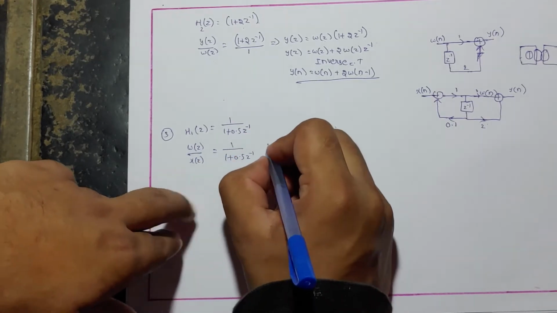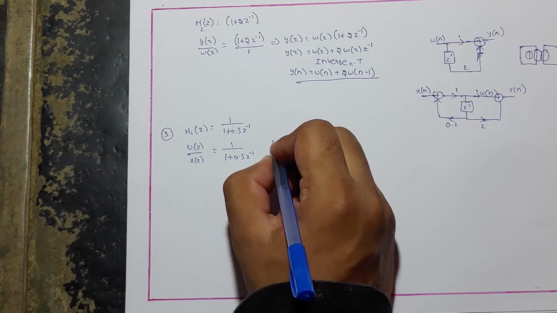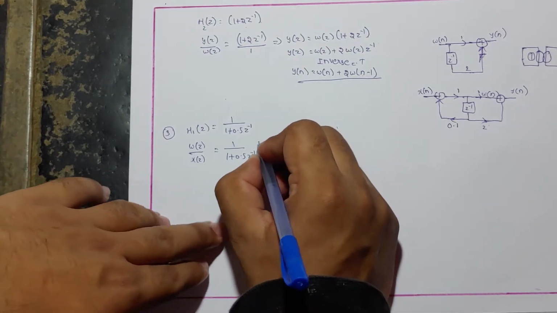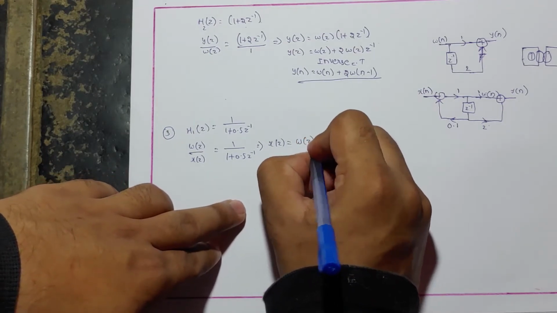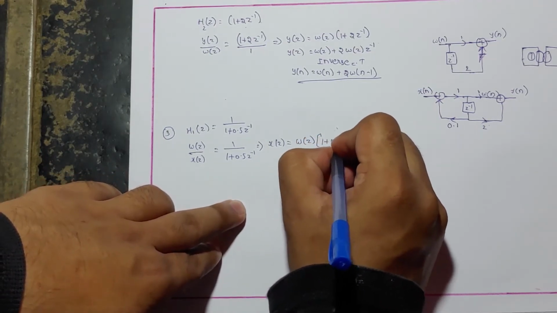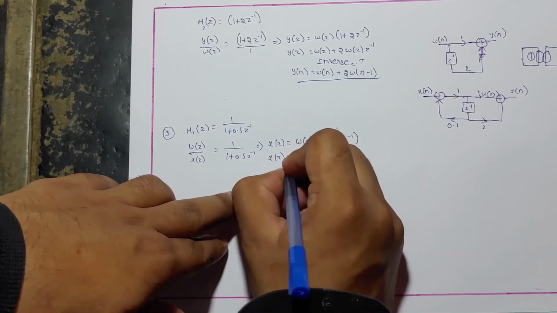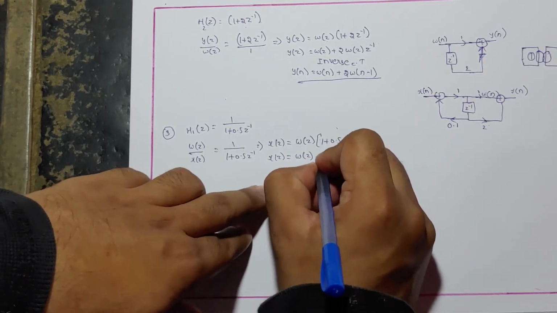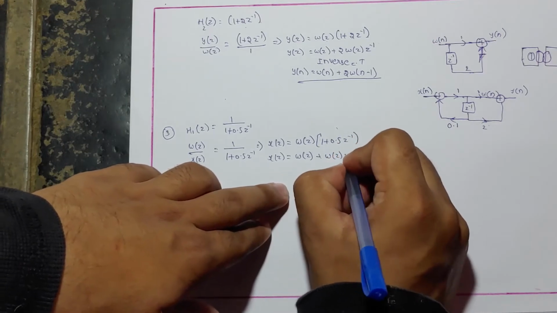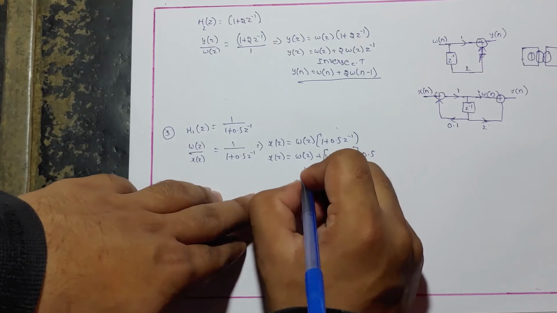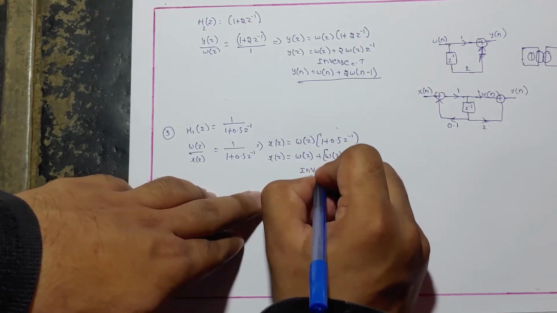Let us do cross multiplication, which gives x of z is equal to w of z times 1 plus 0.5 times z inverse. X of z is equal to w of z plus w of z times z inverse with a constant multiplication of 0.5. Let us inverse z transform